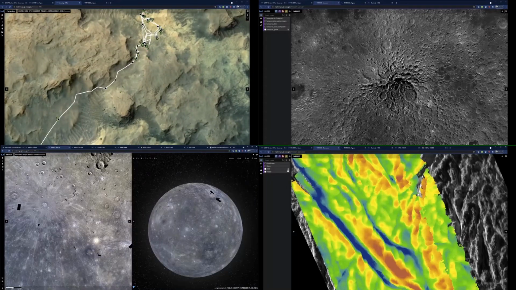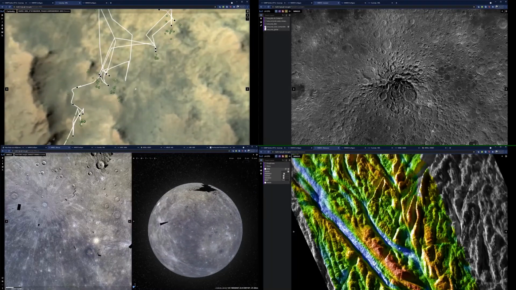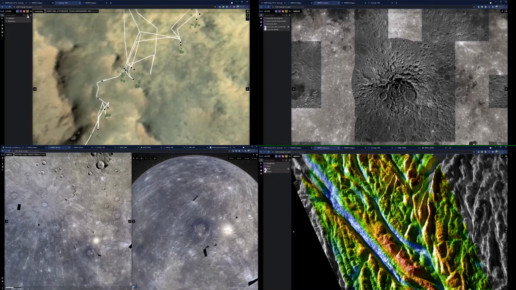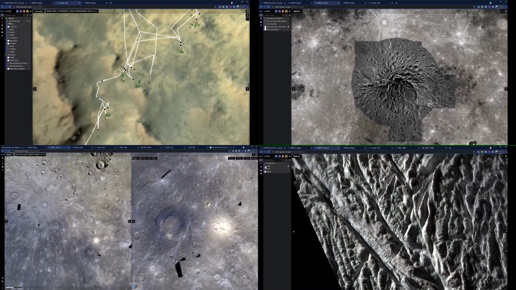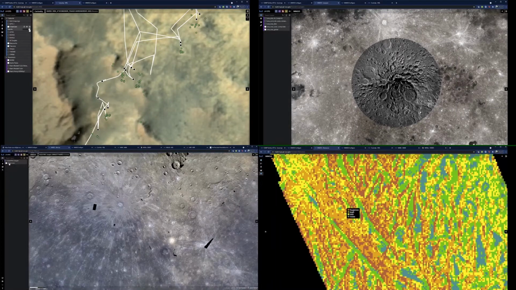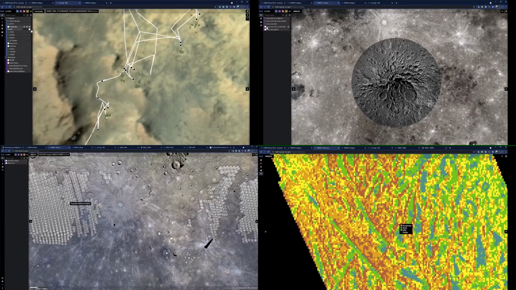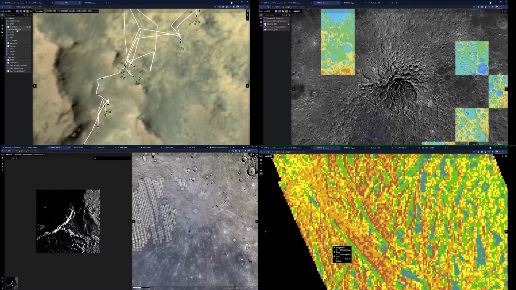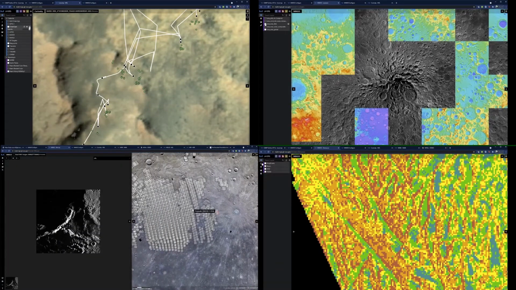We'll support any mission to any planet. So on the top left we have my favorite, Mars, but also on the right we have the Moon. This is actually a polar stereographic projection of the South Pole, and we're bringing in LunaServe data from the Lunar VIPER project. We're working on that mission that will be launching in a couple of years, bringing a rover to the